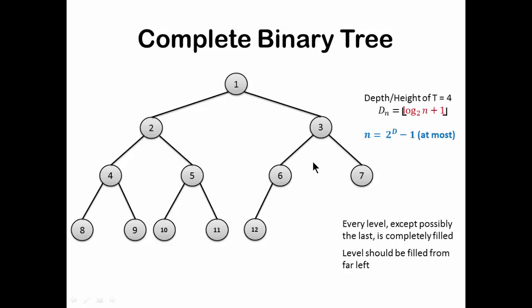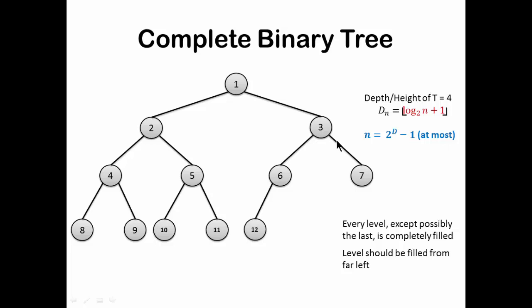The restriction is how many nodes you can have. In a tree of depth d, you can have 2 raised to the power d minus 1 nodes. Here d is the depth. So at level 0, the depth or height is 1. So 2 raised to the power 1 is 2, 2 minus 1 is 1. So at depth 1 you can have just one node. At depth 2 you can have 2 raised to the power 2, that is 4 minus 1, 3 nodes. So a tree with depth 2 will have 3 nodes, 1, 2 and 3.